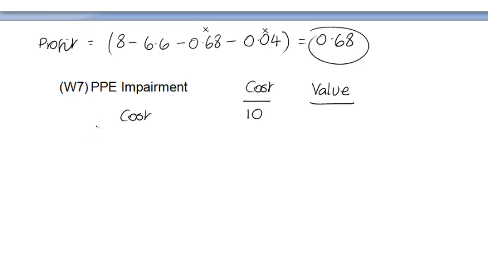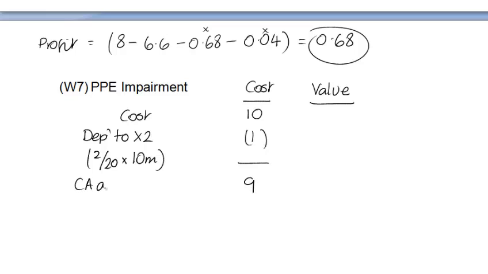Now we revalued it in X2. So if I say depreciation to X2, that's going to be 2 years worth. How long was the asset life? It was 20 years times 10 million. So we would have depreciated it by 1 million,